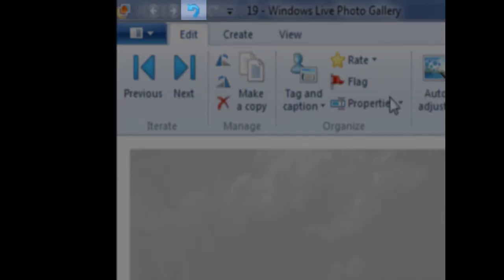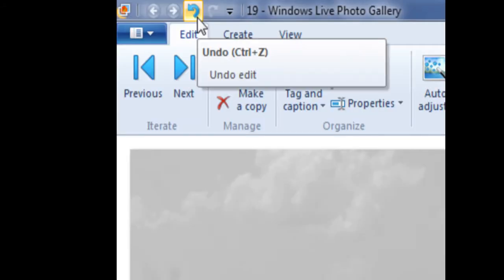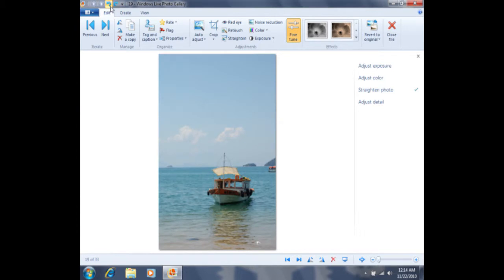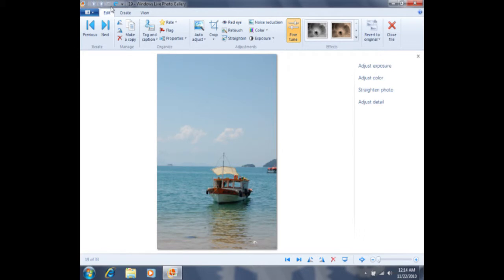Notice that in the top left-hand corner I have this blue arrow here that's curving to the left. This is my Undo arrow. If I click one time on Undo, it's going to undo the last change I've made. So now it's no longer black and white, but it's color. I can actually undo as many times back as I want to. If I click Undo again, it's going to undo the crop, and if I click Undo again, it's going to